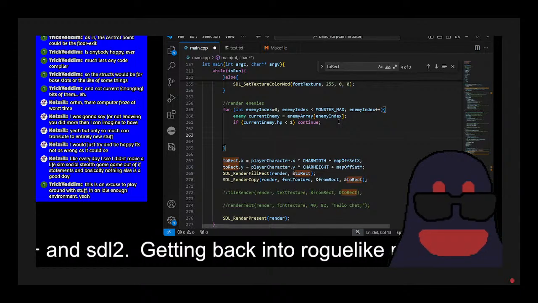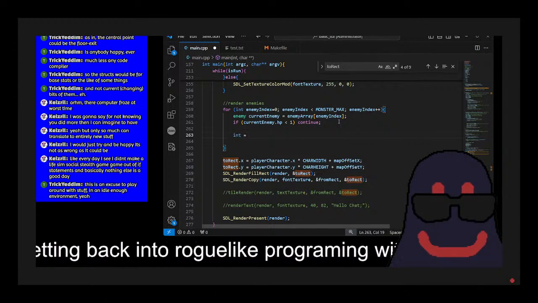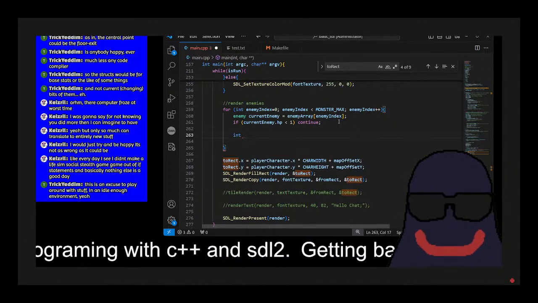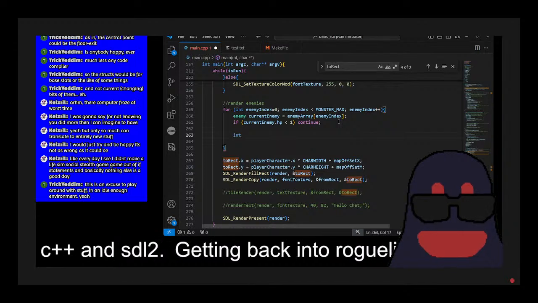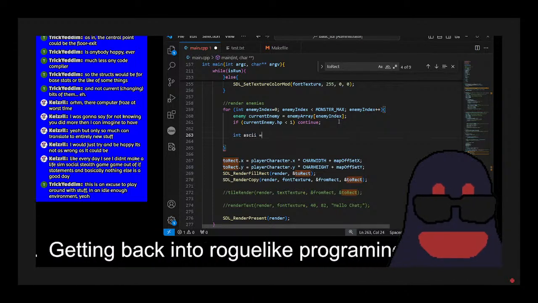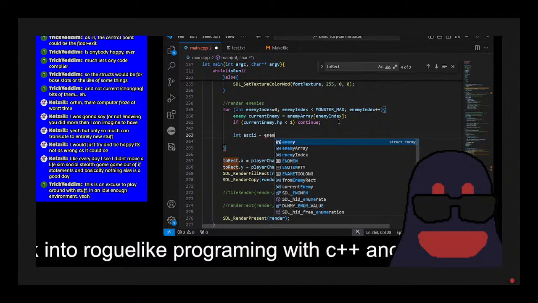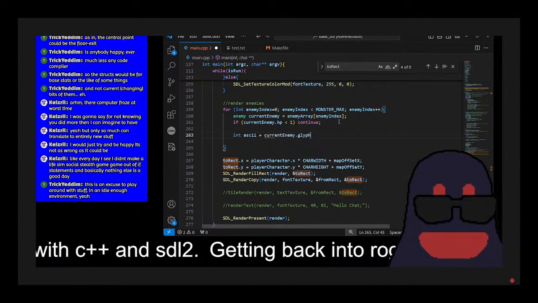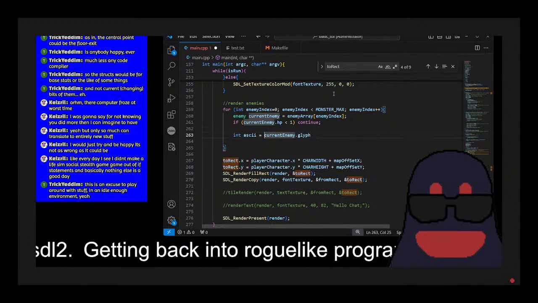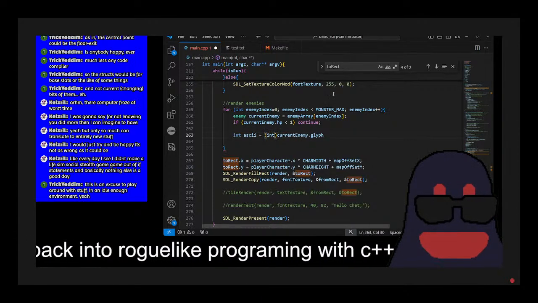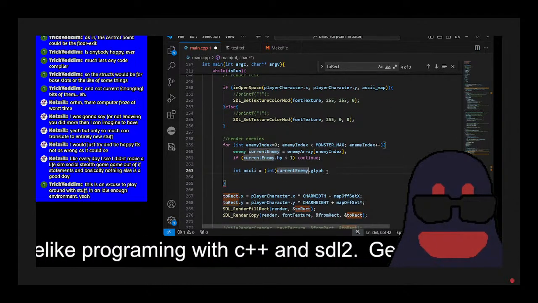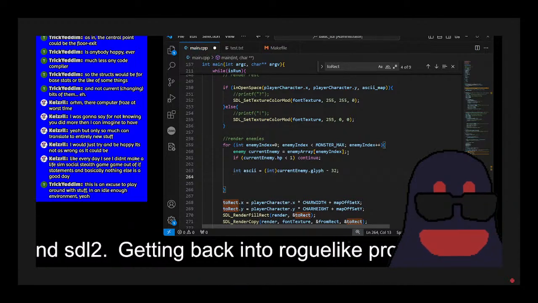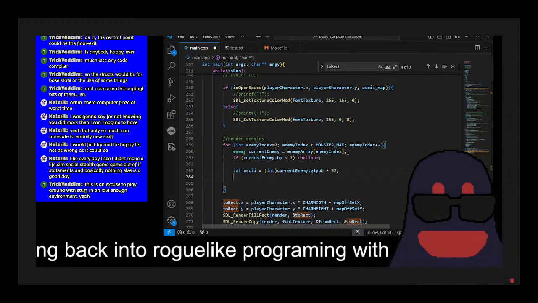I'm thinking here. Okay, so int equals enemy... int, oh, what am I thinking? ASCII equals enemy current enemy. Current enemy, I am fading. Glyph, cast as an integer. That's how you cast it, right? Minus 32. Okay, once I get that, I can go to